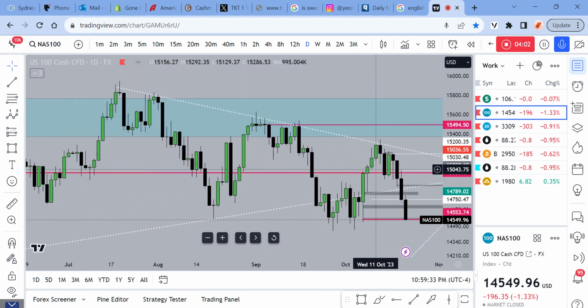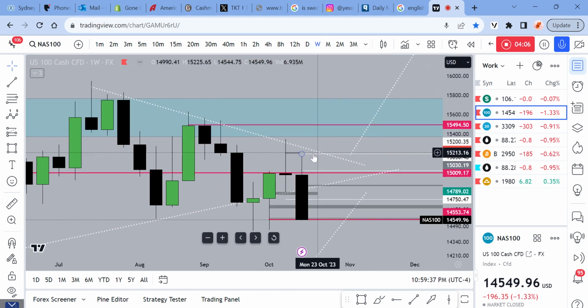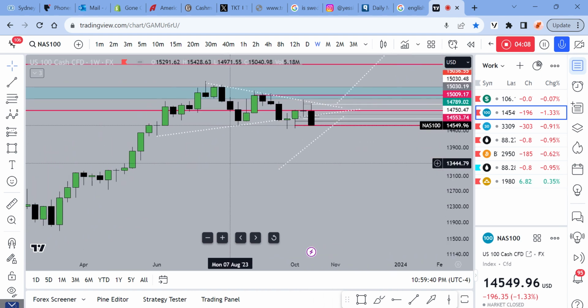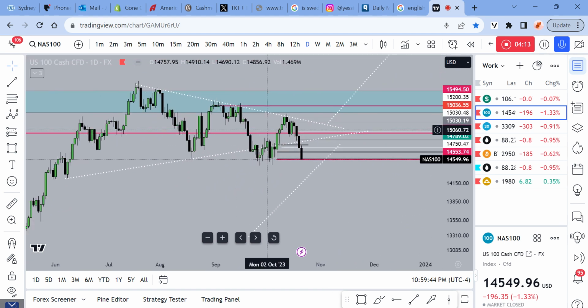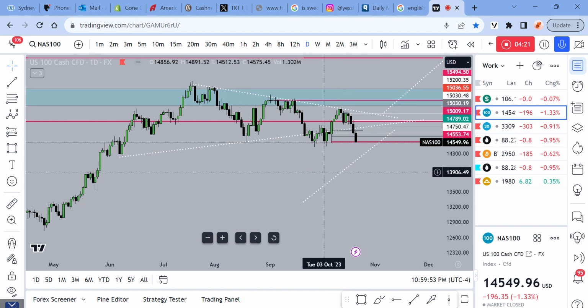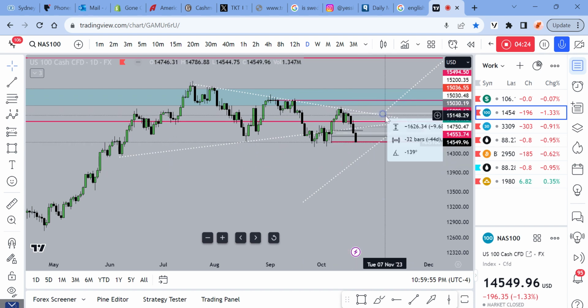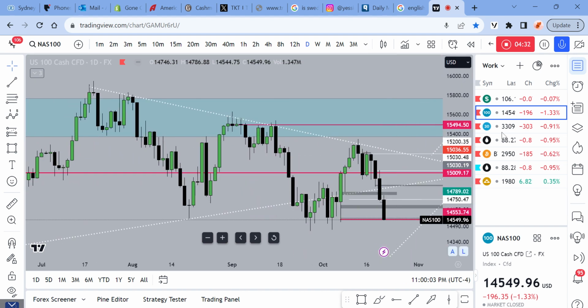Here, we'll have a quick look at Nas. On a weekly time frame, I kind of saw this pennant that was forming here. We dropped down to daily. We can see it much clearer, right? Overall, we still have some imbalances, some voids to fill down here in the low. So I don't know. I think this might be it, right? We might have one bull trap early next week on indices, and then after that, we'll be trading down to the lows, right? Anyway, guys, I hope this video helped you.